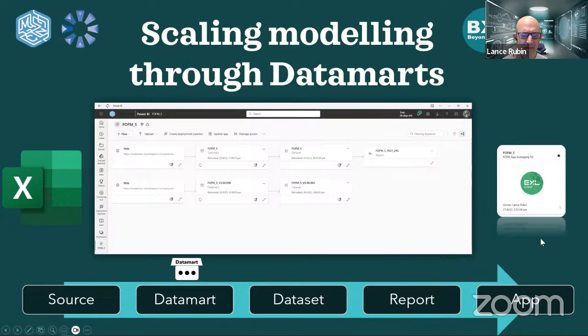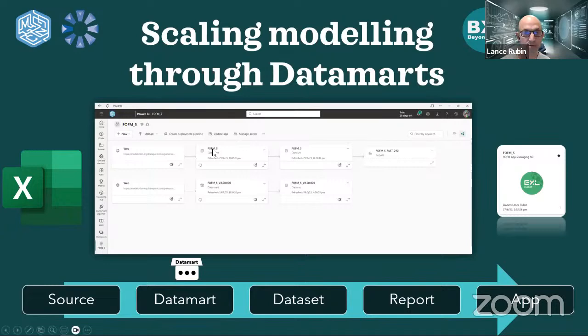And I think quite a while back, we did Power BI with an app with Danielle about taking models into apps. So if you haven't seen that one, again, that's on the Plum YouTube channel. That's one approach to scaling modeling using data marts. A data mart is basically an Azure database, but it's really easy to use. You're not writing SQL. It's a low code environment. Really easy to do, and you can see the data mart.